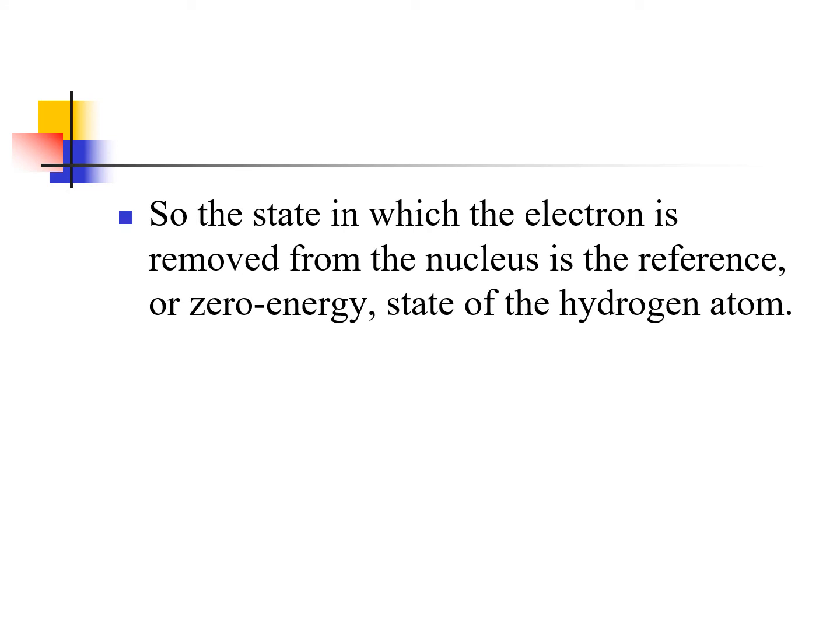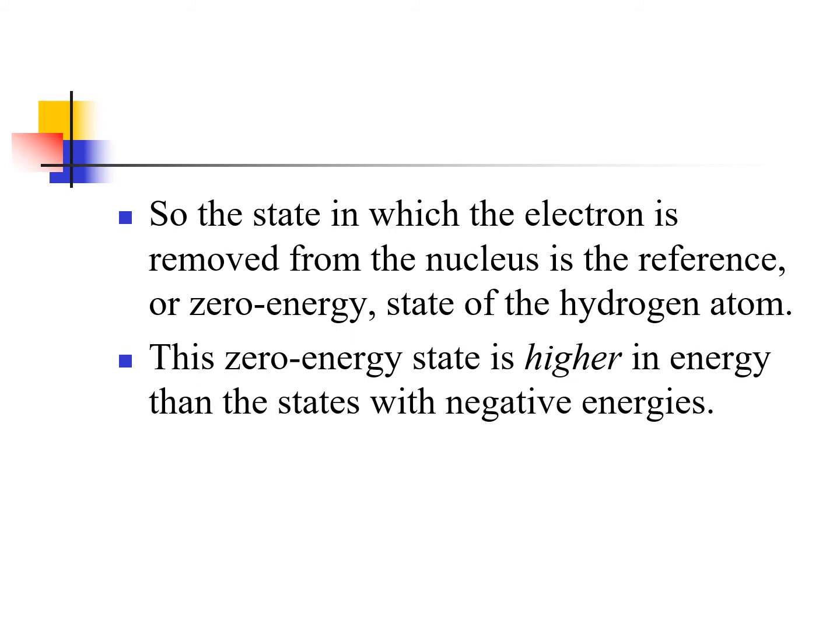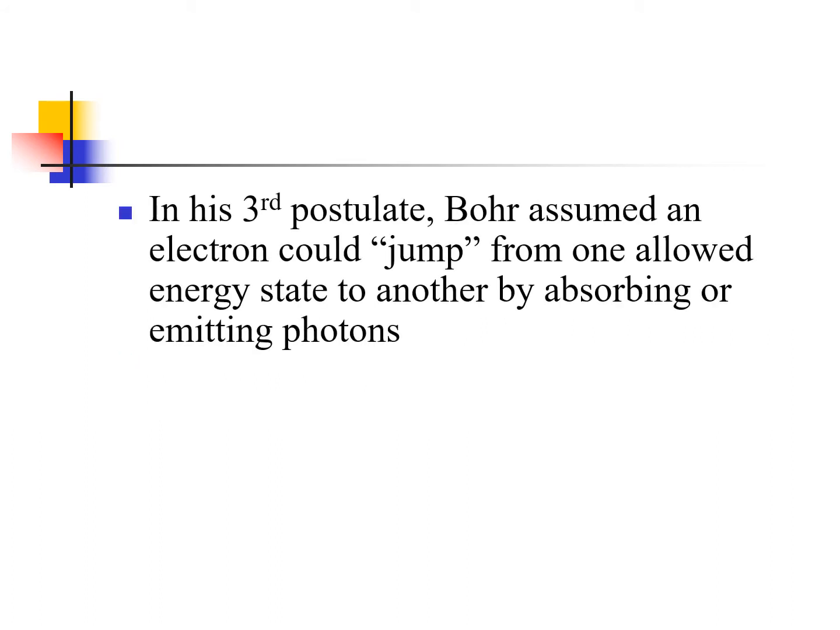The state in which the electron is removed from the nucleus is the reference, or zero energy, state of the hydrogen atom. This zero energy state is higher in energy than the states of negative energy. Again, 0 is bigger than negatives. That's how it works. And now in his third postulate, Bohr assumed an electron could jump from one allowed energy